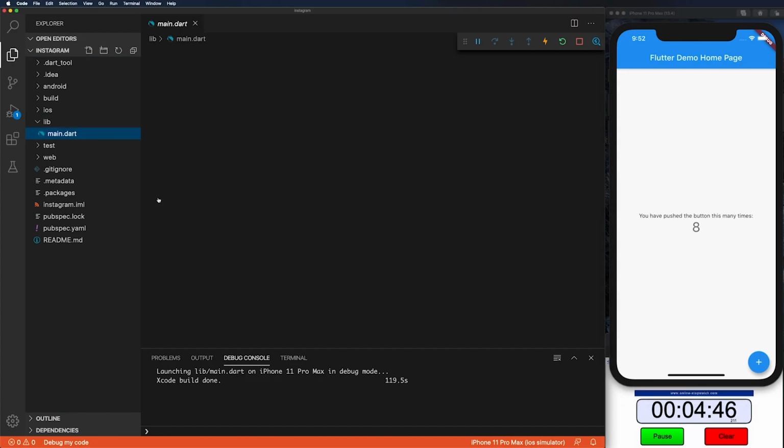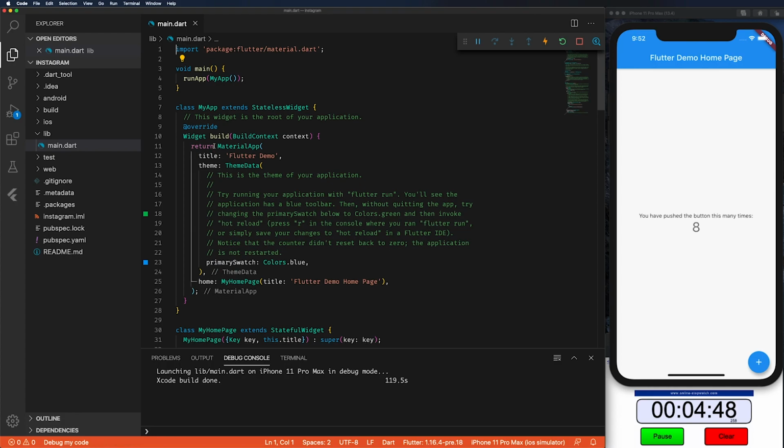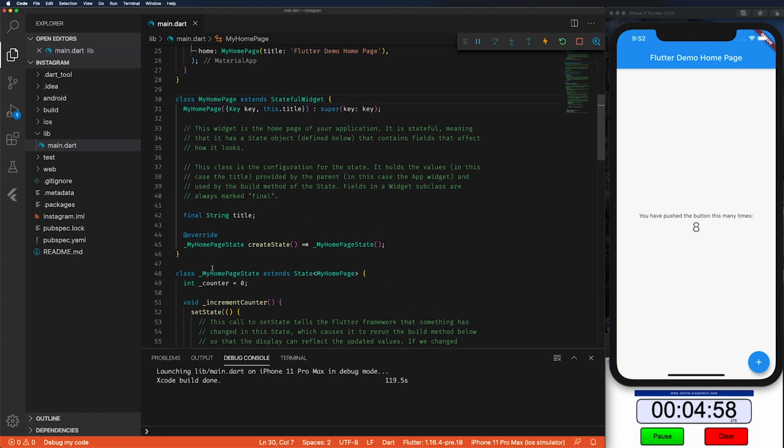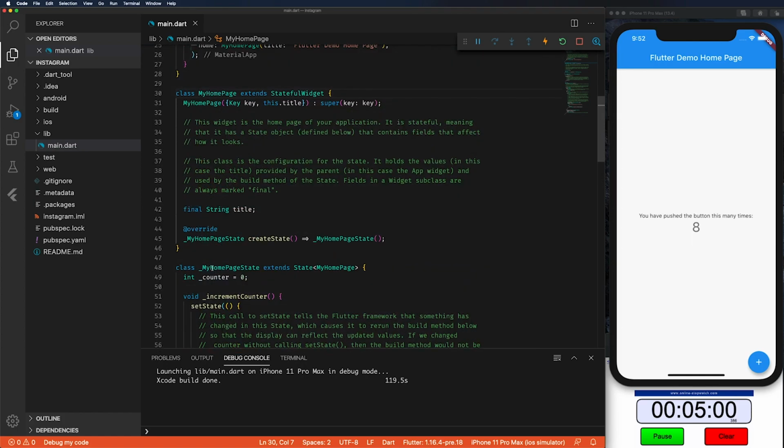All right, so now in the main, you can see that this is our MaterialApp here, and it's pulling out the homepage. So what we're going to do first is pull that homepage into its own file, just to clean things up. So we get the main, which is going to run the app, and then we're going to bring it into this, call it